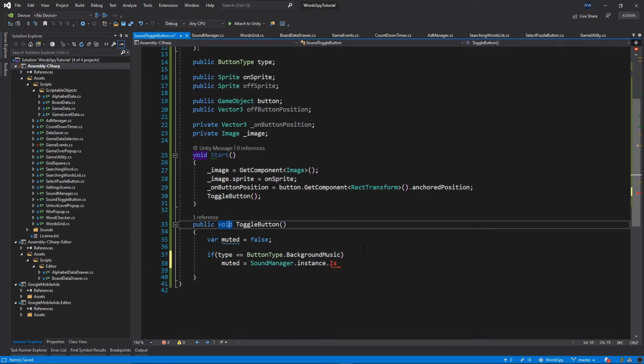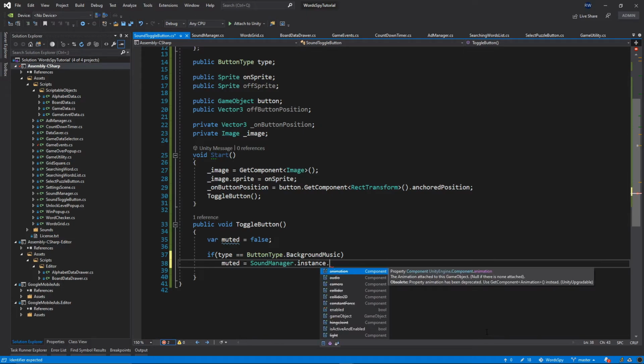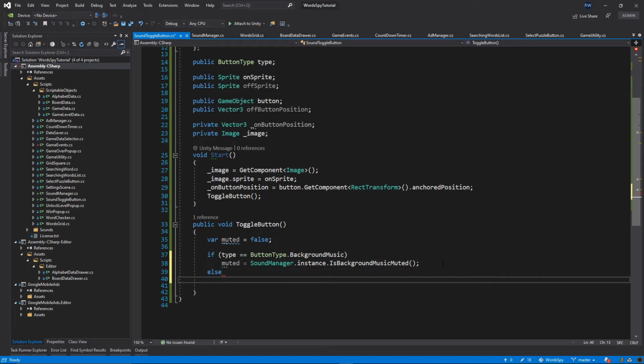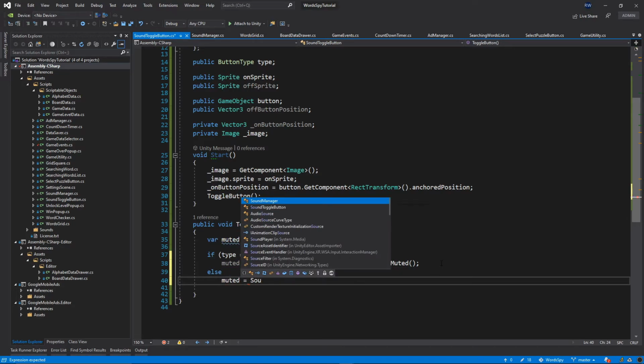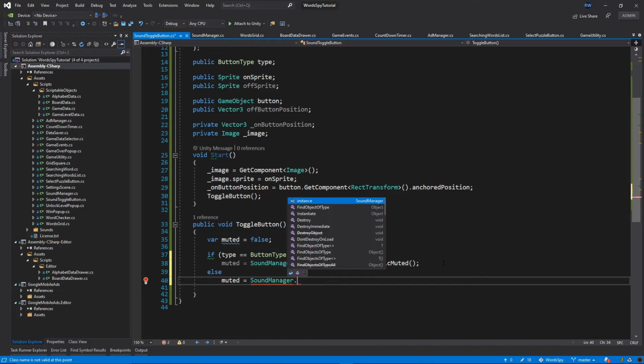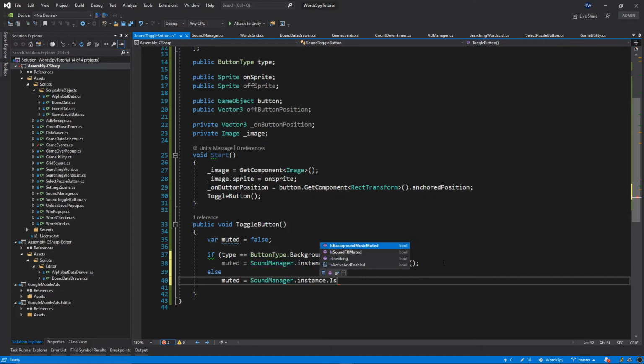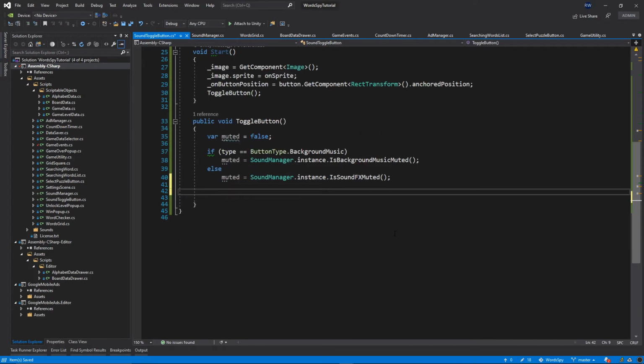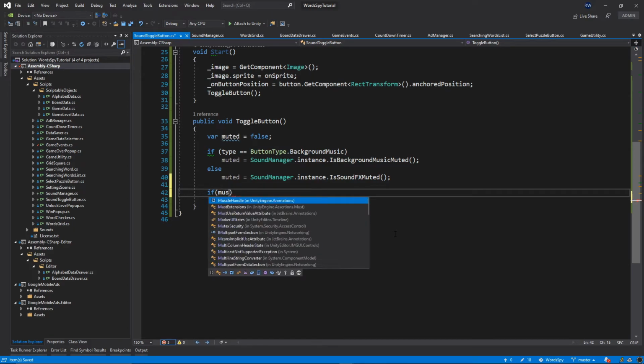our toggle button function we want to call sound manager.instance.is background music muted, and then otherwise muted will be equal to sound manager.instance.is sound effects muted. Okay, and then let's go down and then put if muted